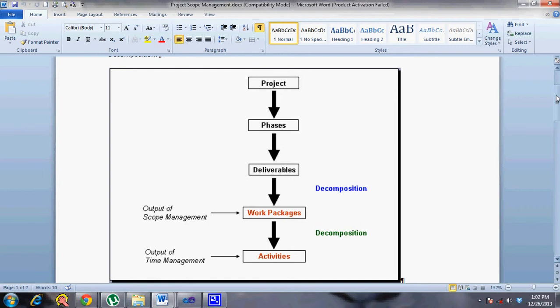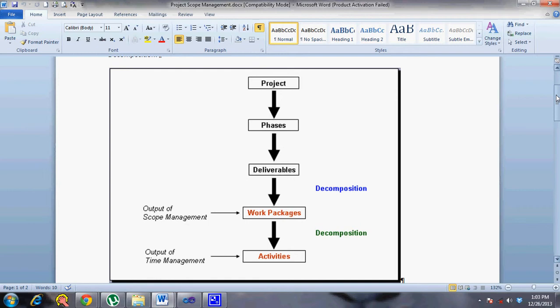In most of the projects that we do on a day-to-day basis, we normally do the define activities as well as the define scope or create WBS process as one single step, because when you sit with the team, you have a scope statement initially, then you sit with the team and you come up with the work packages, and if the team is going to do the activities also, then you break down each of the work packages to activity level.